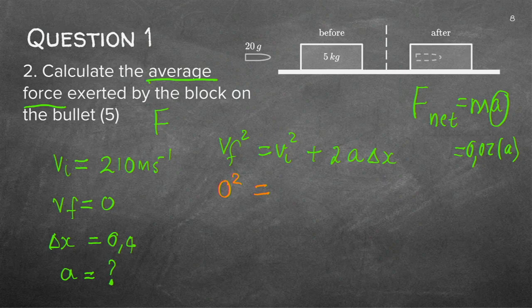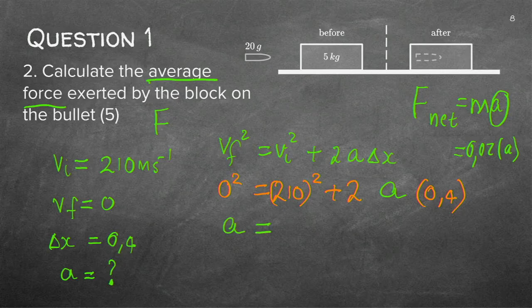I've got the initial velocity 210 squared. I've got the delta x, which is 0.4. The only remaining quantity is a, and that's what I actually wanted to calculate. So you can do the calculations. You will then find a value of, and see that you work accurately,